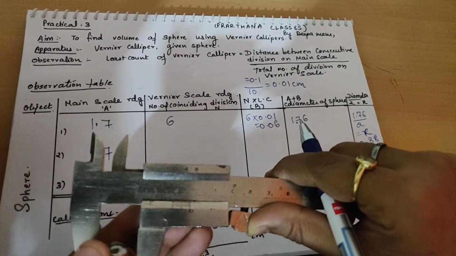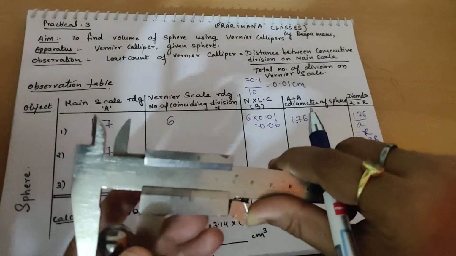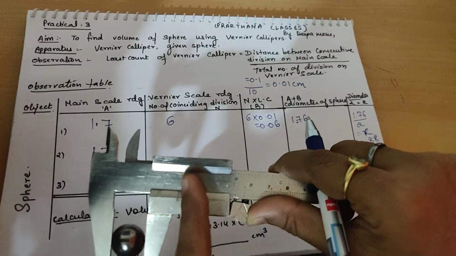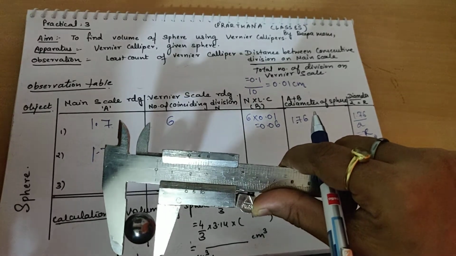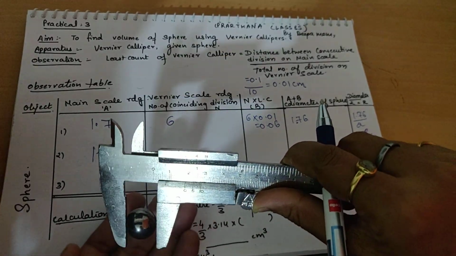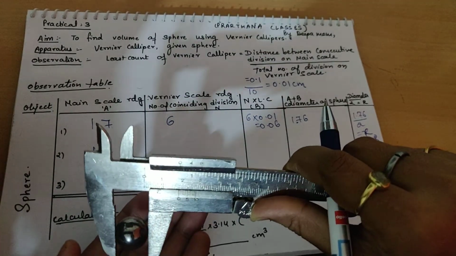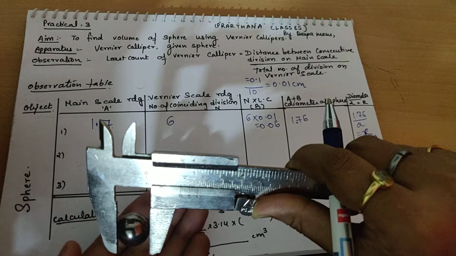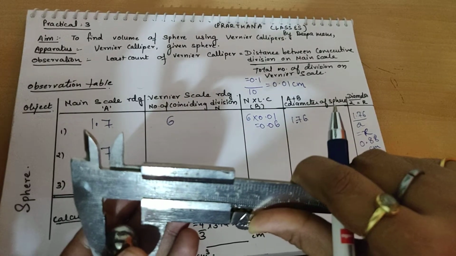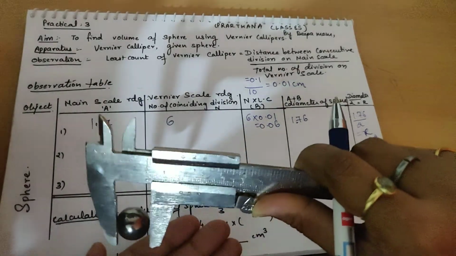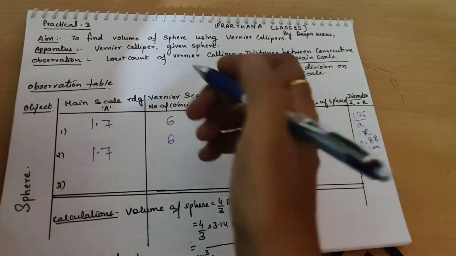Now the vernier scale reading comes out to be, you know what a vernier scale reading is? Which division of the vernier scale exactly goes parallel with the main scale, fine. So you must see, fine. You can change the positions like this, you can see it, and you can make out. So the number of the division coinciding would be, again, the 6th division, fine. Again the 6th division coincides exactly with the main scale.